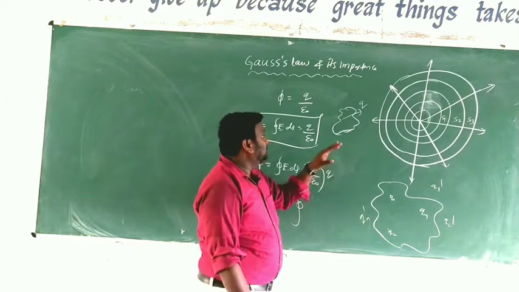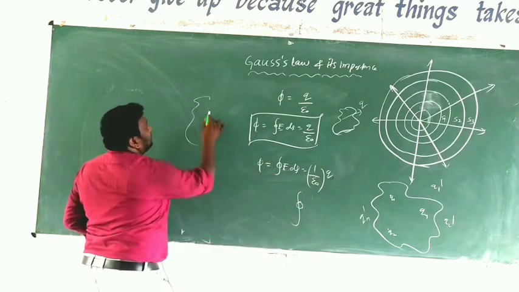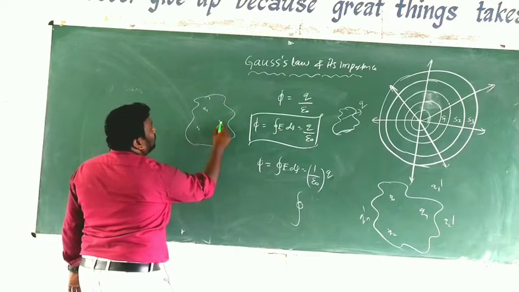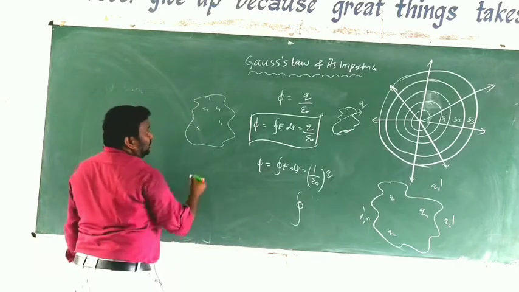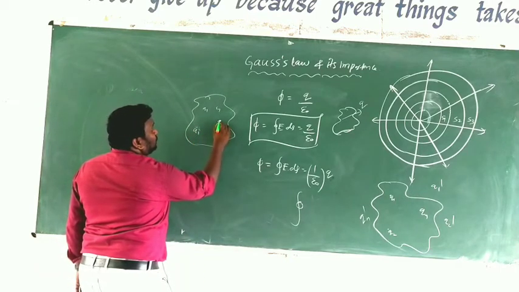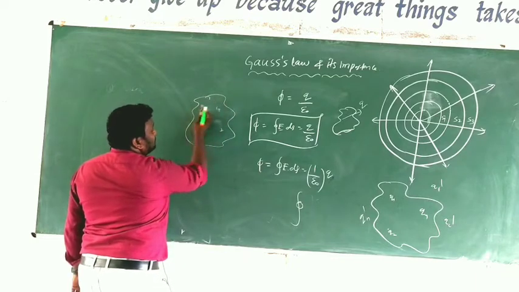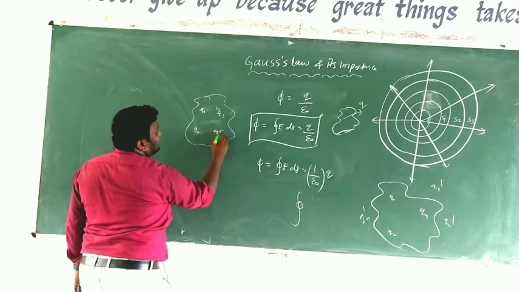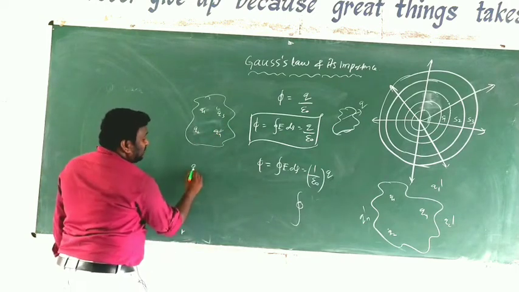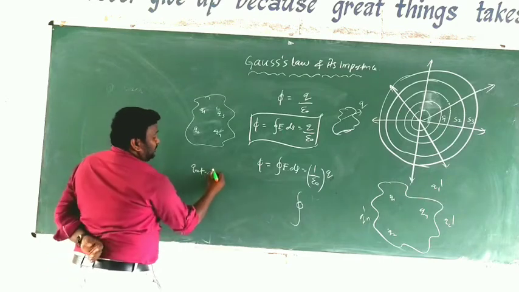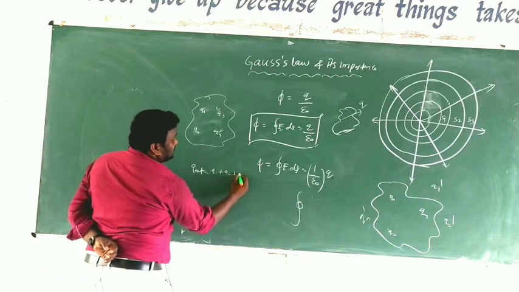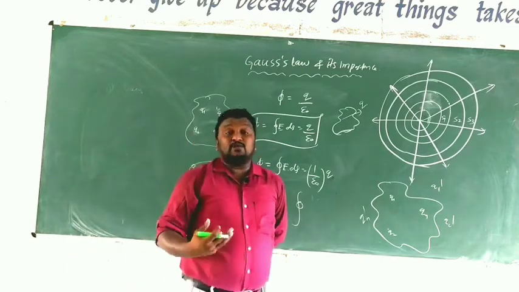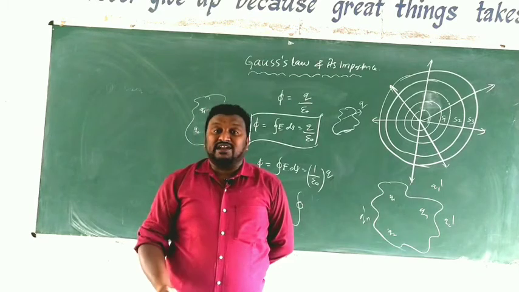In a surface, we have some charges q1, q2, q3 and q4. Simply, here this is q1, this is q2, this is q3 and this is q4. Then the net charge, what do you write? According to the additive property, you write q1 plus q2 plus q3 plus q4. So it is the algebraic sum of net charges.